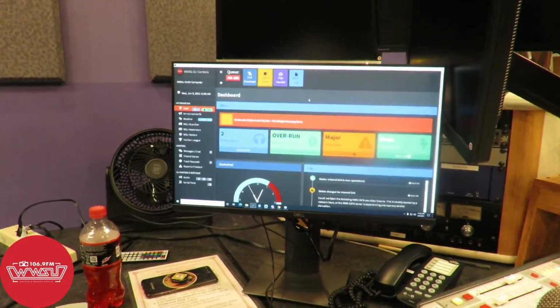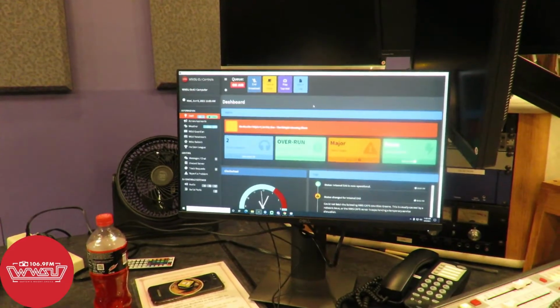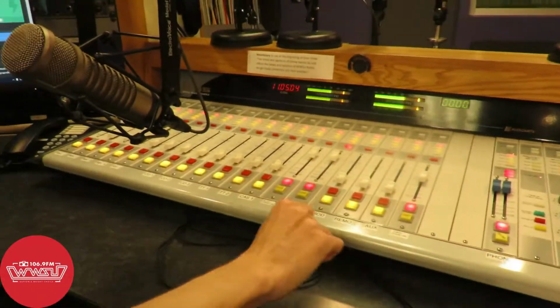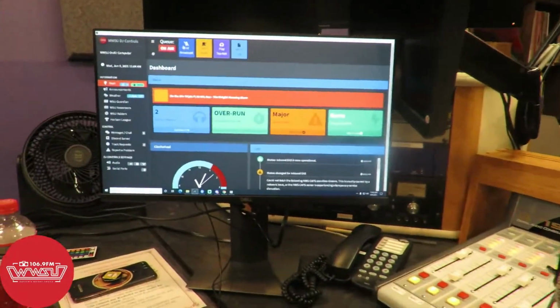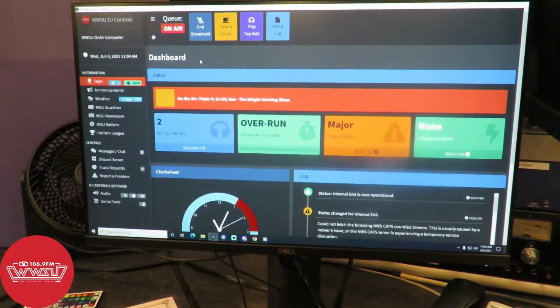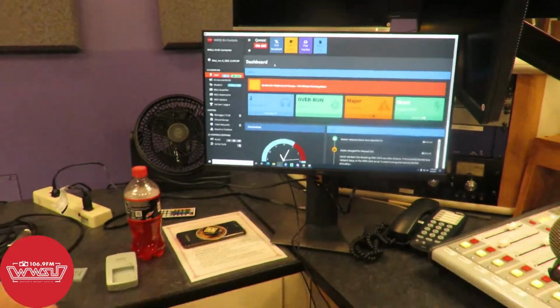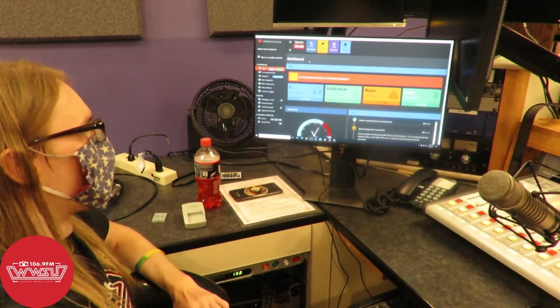To explain how you do it, it's pretty easy. All you really have to do is make sure that all of the channels except auto and cart are turned off, and then you're going to click end broadcast here in DJ controls. When you click end broadcast, it is going to end the show. It's going to start back up automation, and then roughly a few minutes after you end your show,